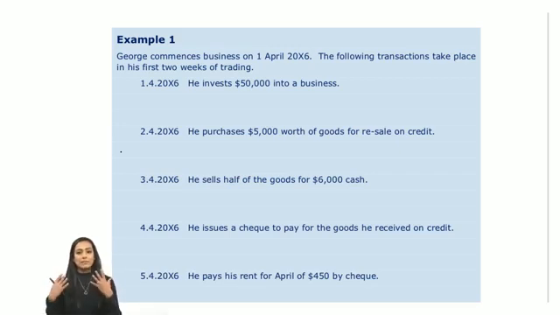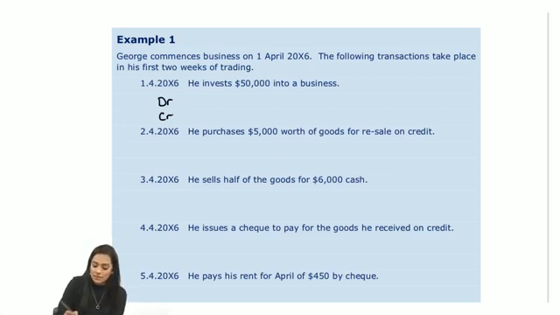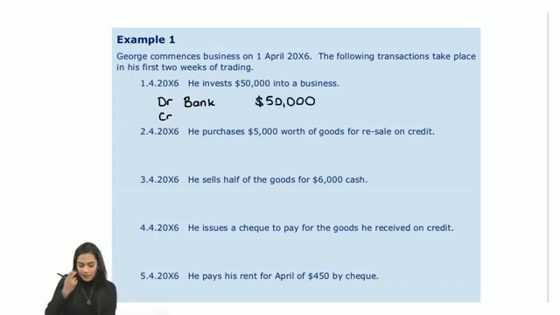If you invest money in a business, capital goes up. And if you put money in a business, it will go into the business's bank account, so the assets will go up. So we'll have to do a debit and a credit. Well, according to Dead Click, to increase your asset, you debit. So you debit the bank account by $50,000. And then you credit capital by